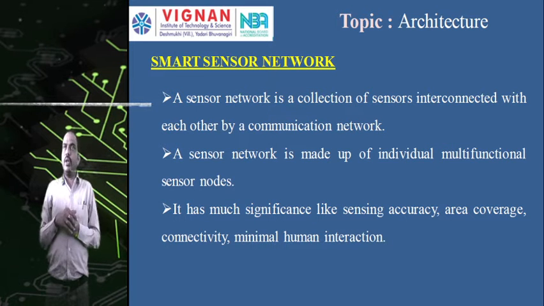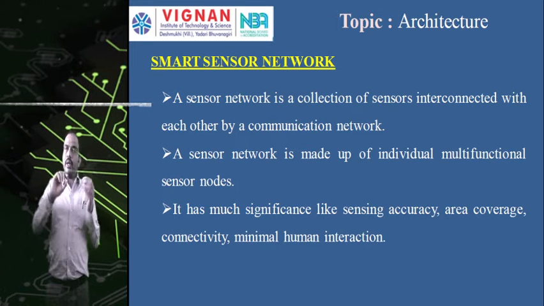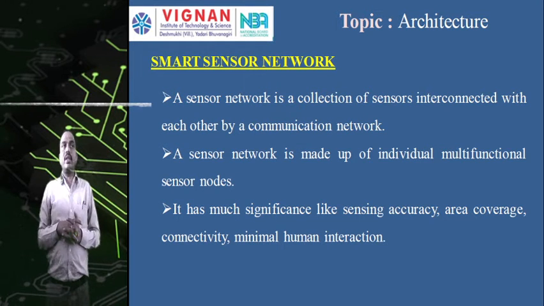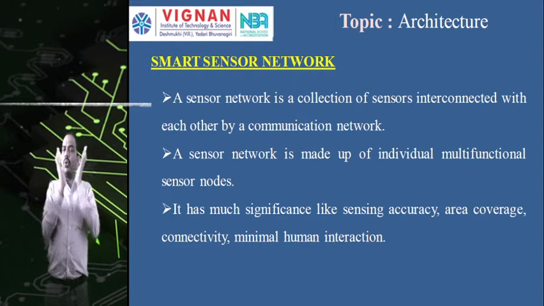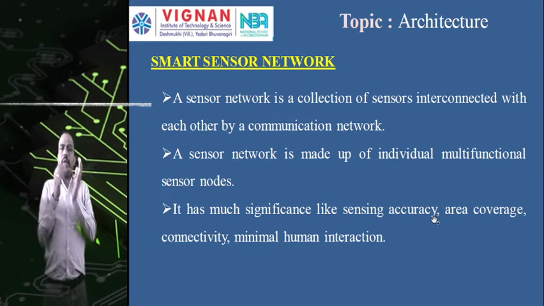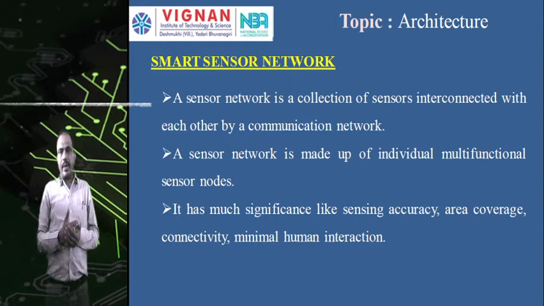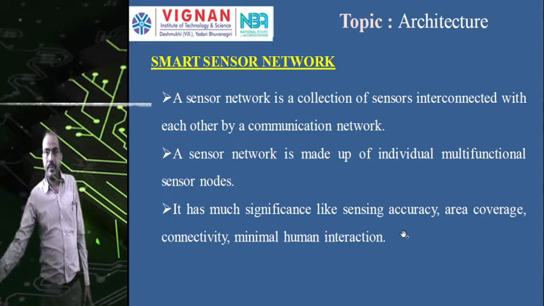So because of the interdependence, in the previous non-conventional case, the user or human has to interact and change the parameters. But as we said, the smart sensor has the ability to take some decisions with some intelligence. So if all individual multifunctional sensor nodes are grouped as a network, then we have more advantages. Those advantages are: accuracy will be increased, the area will be decreased, connectivity from one sensor to another sensor is improved, and human interference will be reduced.